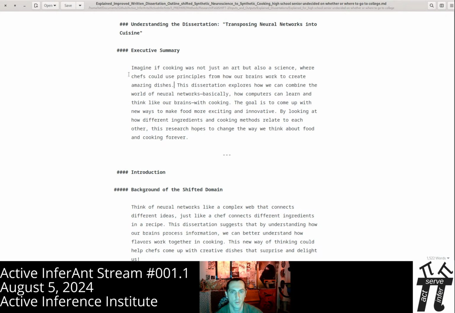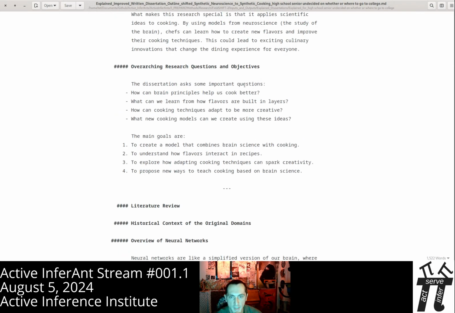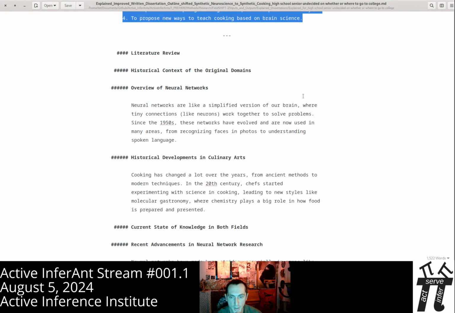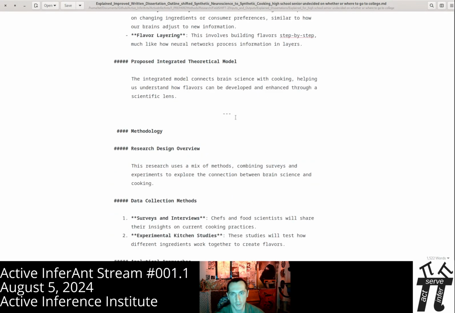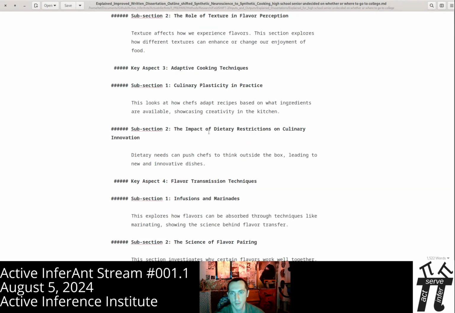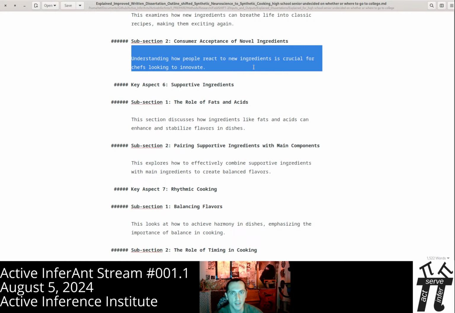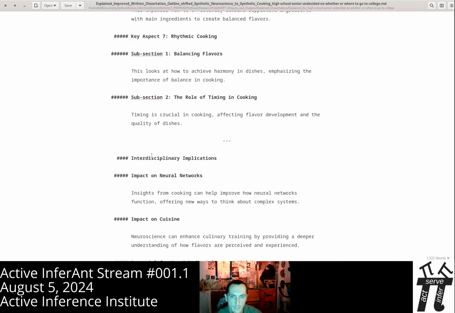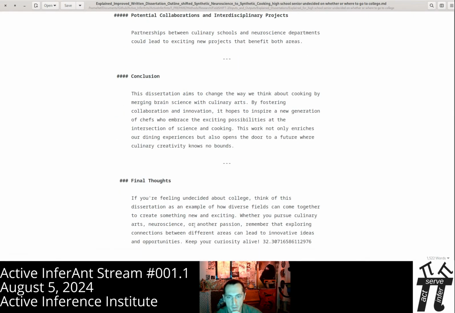Yeah. What if cooking was not just an art, but a science? Because it's neuroscience to cooking. Background, significance, simpler questions, but still broadly like the structure of the dissertation. Here's what the chapters are about, but with just one sentence instead of like several paragraphs there. However, it's structured like a dissertation. And then,